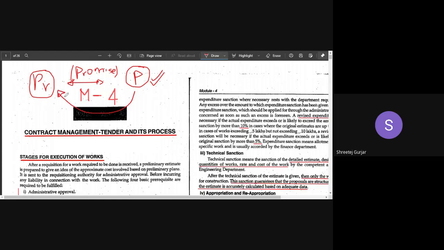it is acknowledged by both the parties that the offer or the proposal has been accepted. It is accepted and acknowledged by both friends, Ramesh and Suresh, that this promise has been accepted by both of them for the particular reward and for the particular work that you are going to do. So if it is agreed and acknowledged by both of them, then it becomes an agreement. Only then does it become an agreement.